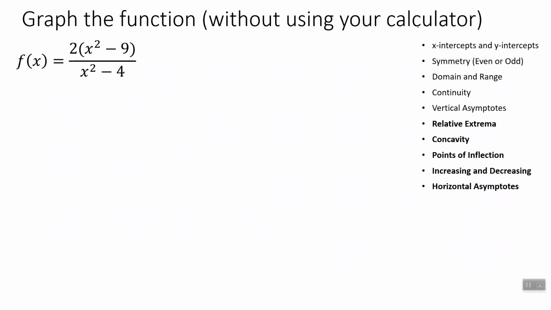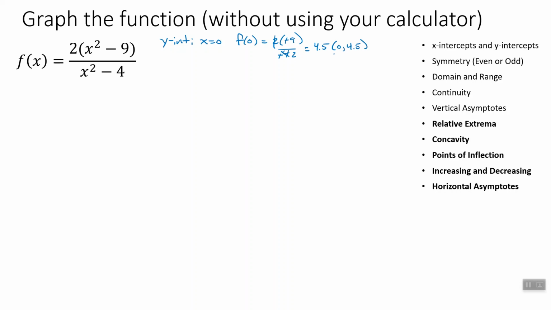This is not a quick one. So we start with our intercepts. If we want to find y-intercepts, usually the easiest thing to find, we have x equal to 0. We plug in 0. So f of 0 equals 2 times negative 9 over negative 4. The negatives are going to cancel out here. This 2 is going to cancel out with none of those. 9 over 2 is 4.5, so we've got a point, 0,